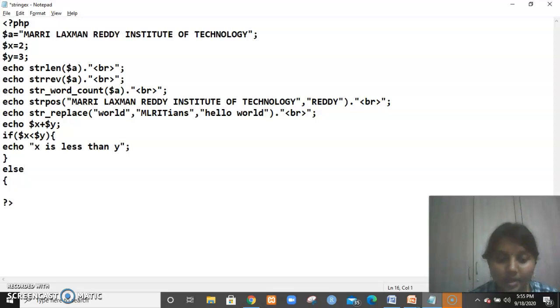Else you can print echo y is greater than x. Like that you can give statements.